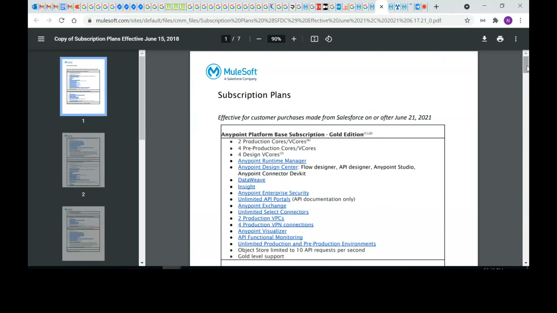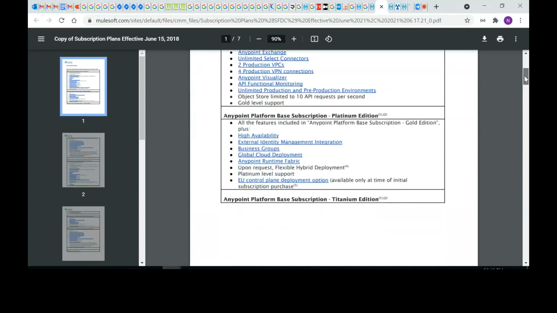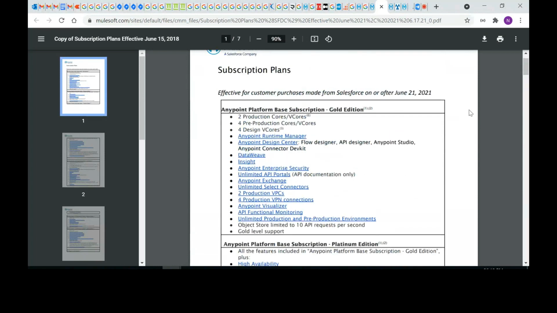This one, correct. So this is a document. You can compare the gold edition to a platinum edition and see what the difference is.